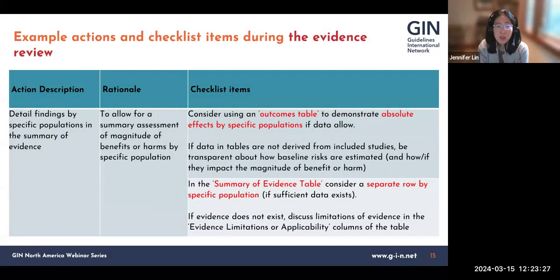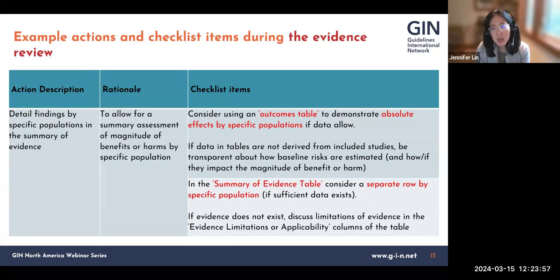So at the review phase, if you remember, we had, I think, over a dozen actions and 30 checklist items. I will say maybe in some ways this framework is a little bit biased in being heavy on the evidence review phase, and that's who it was developed by. But we think that this is a critical piece of getting the right information to decision makers. So this action really is focusing on